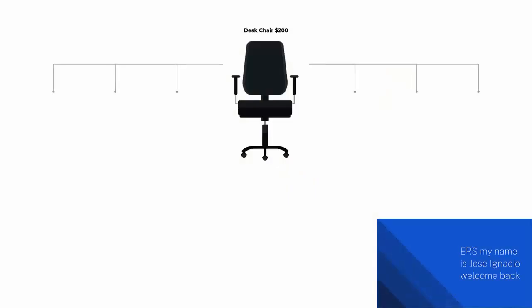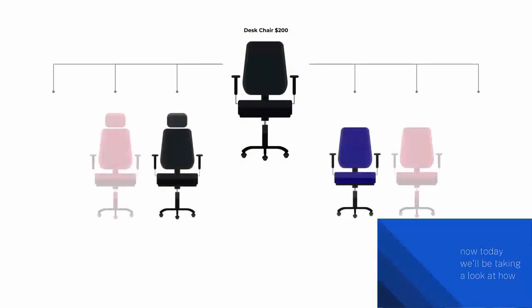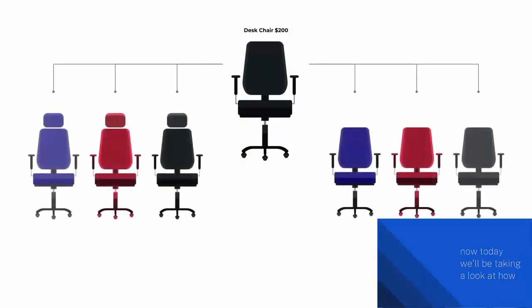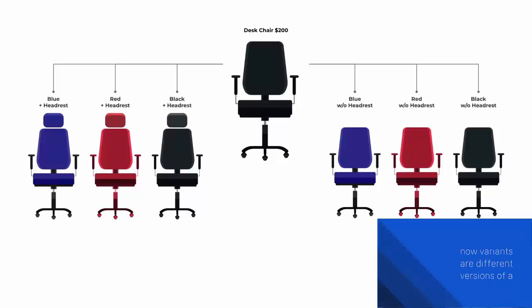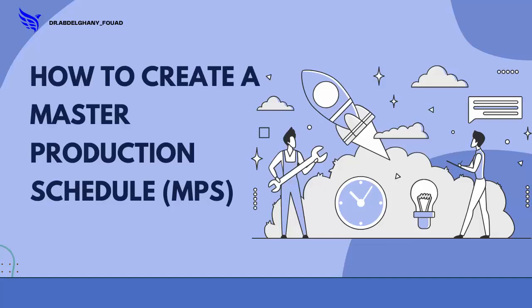Now, today we'll be taking a look at how we can use product variants to spice up our selection of manufactured products. Variants are different versions of a main product in manufacturing. We can use product variants to expand our range of sellable products and to ensure that